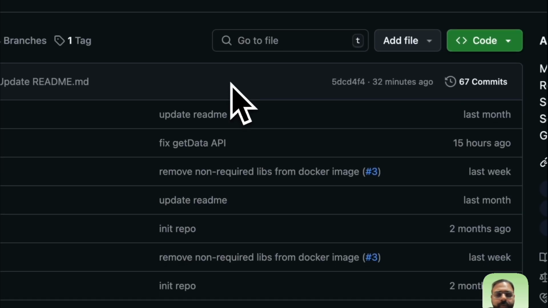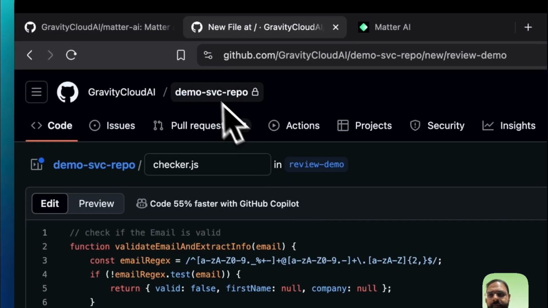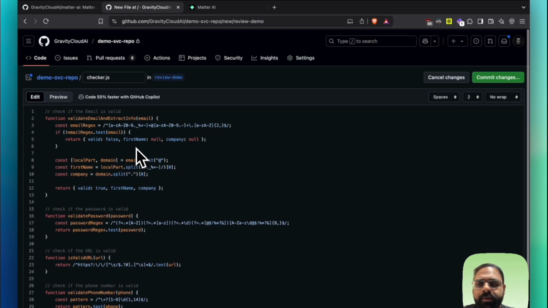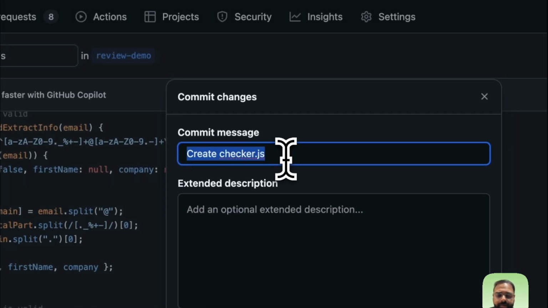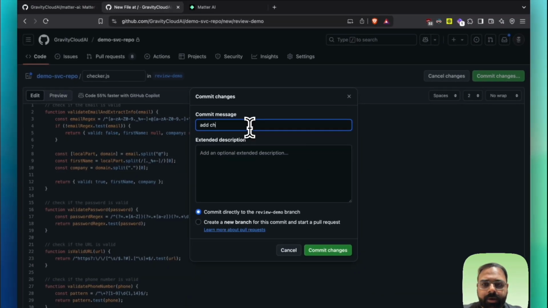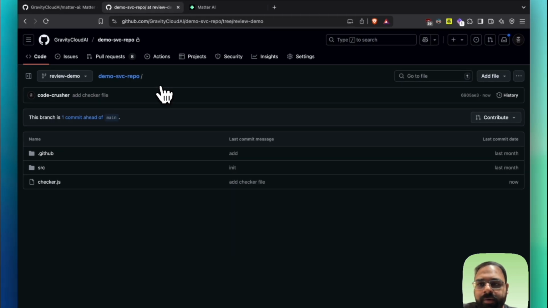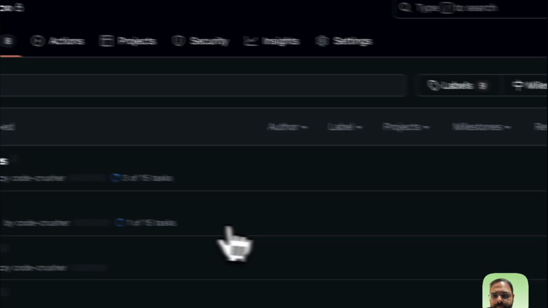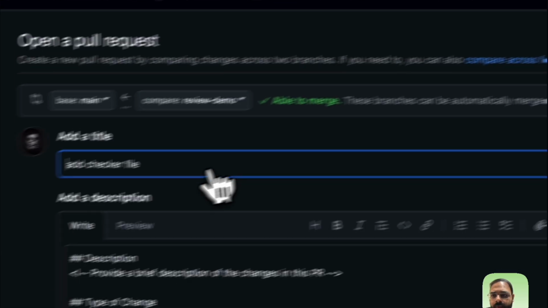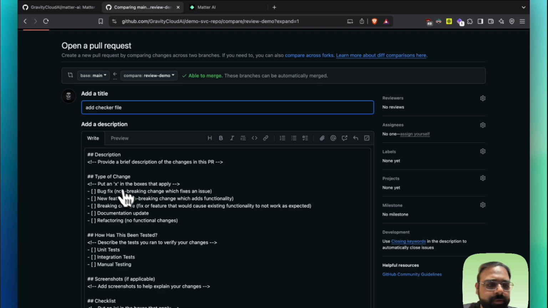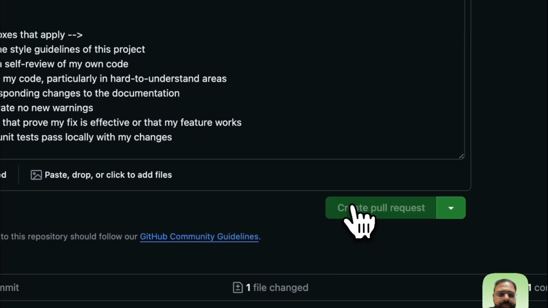But let's go and deep dive into a quick live demo. Over here, I have a repository in which I am creating a new file. I've created some functions that are commonly used, just for an example. So let me go and create a new commit by saying checker file. And then I will be creating a PR out of it. By default in this repository, I already have a PR template that has to be followed. So I will create a PR, and you can see a PR template is automatically injected, but I'm not going to fill it. What I will do is leave it as it is and just create a pull request.